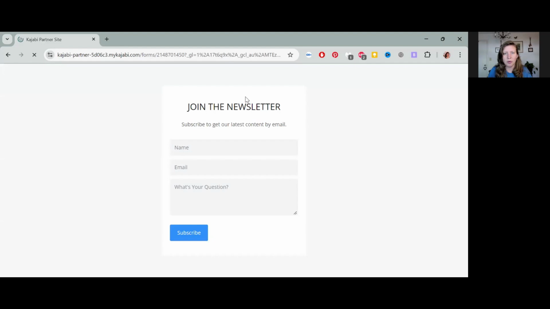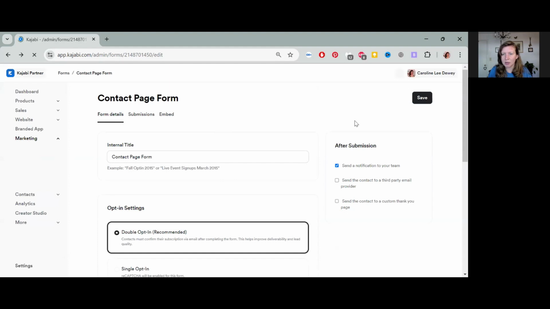So it'll show you, this is the default kind of settings for it. Join the newsletter, subscribe to get our latest content. So you can go and edit that as well. Let's just go back and say,